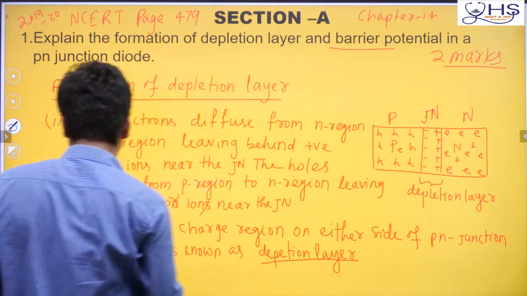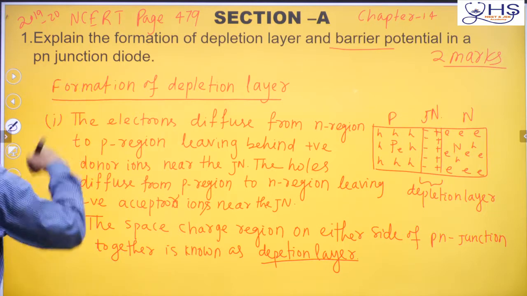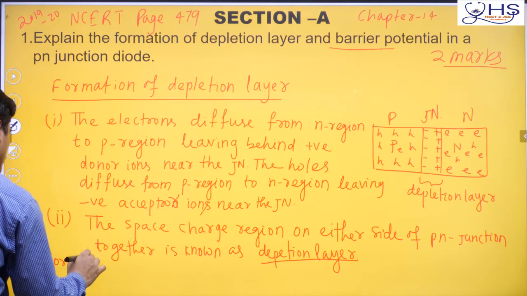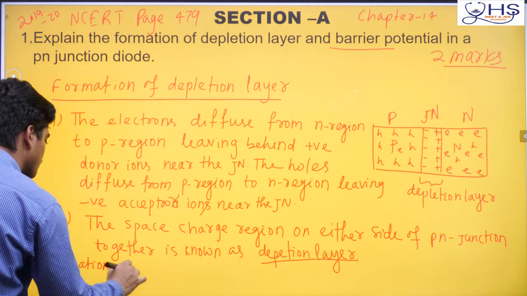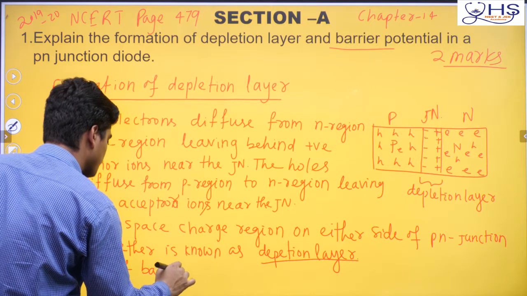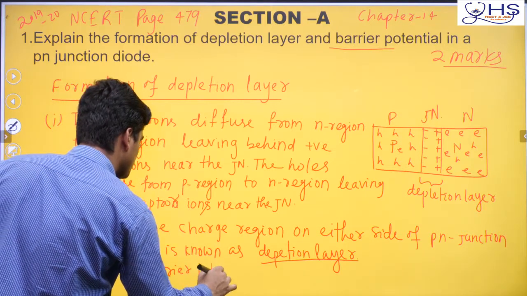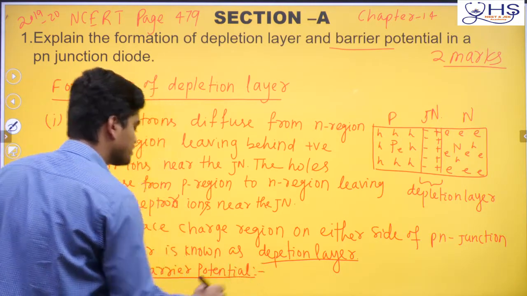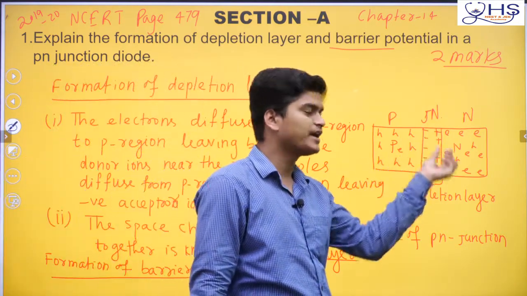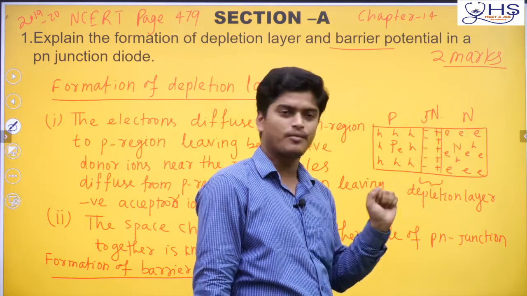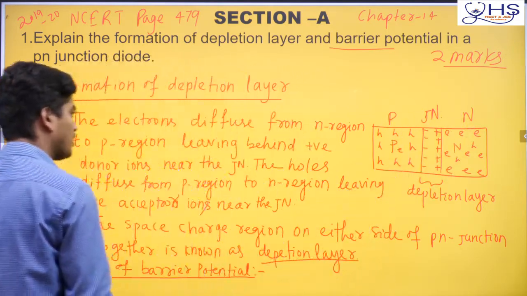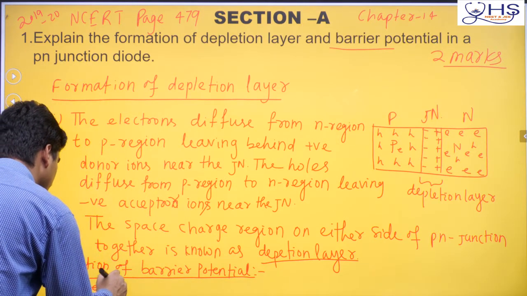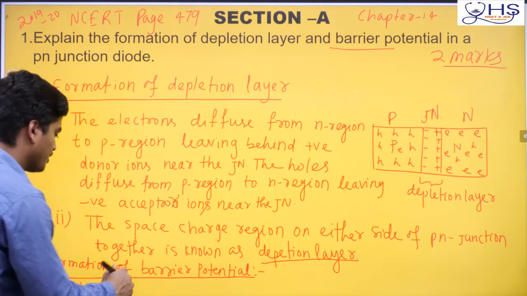So what you write here? So write a third point here, otherwise take another things here, just write formation of barrier potential. So one line right here. Okay, due to this movement actually positive negative coming. So here positive means N side will become high and P side will become basically what, low potential. So you can write at equilibrium. Okay, so shortcut I am writing at equilibrium.